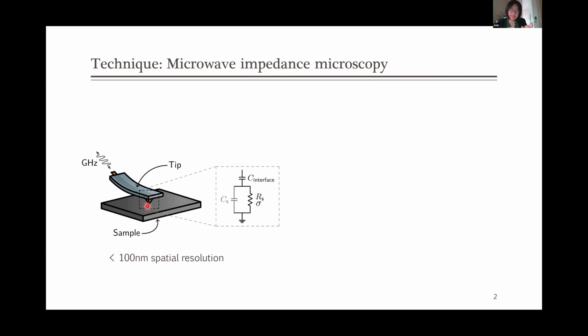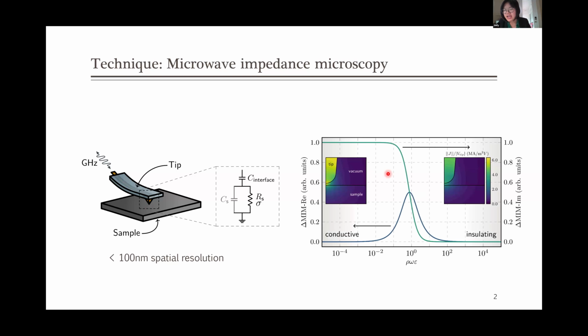Because the tip can confine electric field to a very small region, usually on the scale of 50 nanometers, we measure the microwave reflected back from the tip because the tip can be screened by the sample. If the sample is very metallic versus if the sample is very insulating, you have different reflections